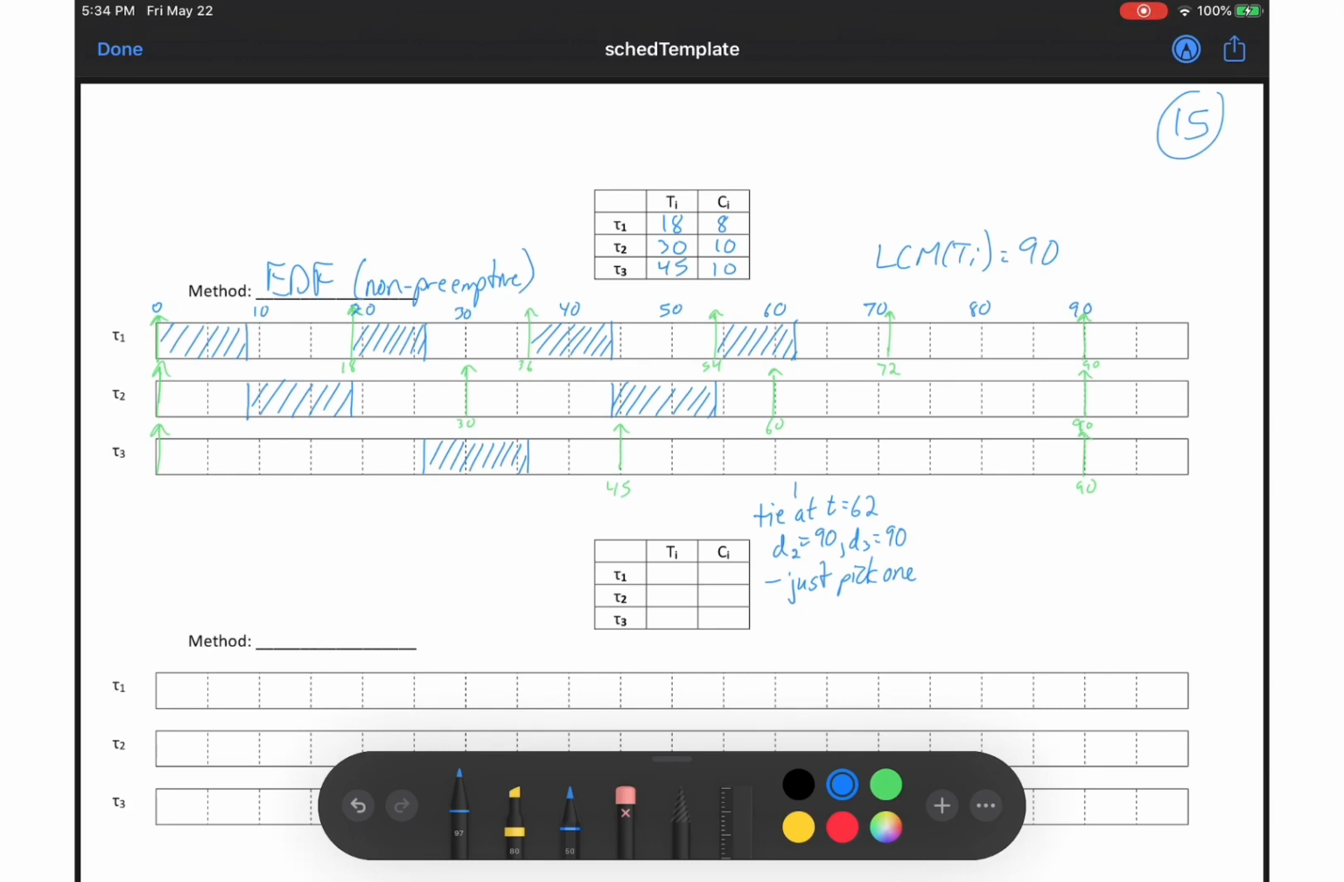And so you can do this however you want. I think that just to prove a point, I'll choose task 3 at this point. It's going to run for 10 time units to time 72. And look what happens at time 72. Both task 1 and task 2 are ready, and they both have a deadline at 90, so we have another